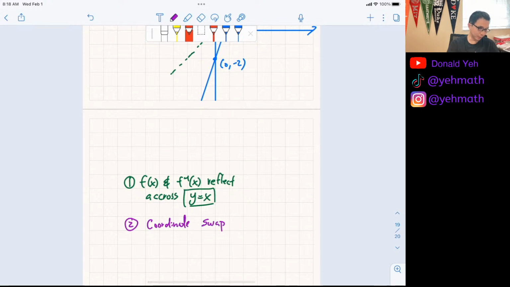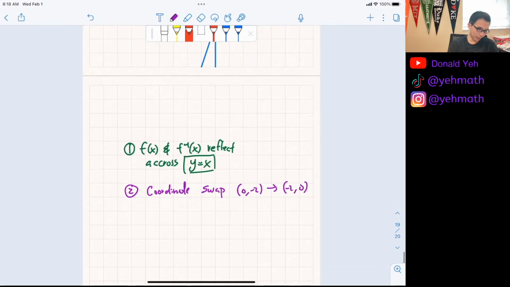What do I mean by coordinate swap? (0, -2) and (-2, 0). So for example, (0, -2) changes to (-2, 0). So the coordinates x and y swap. Very, very important things for you to figure out today's information. The third thing I will tell you is